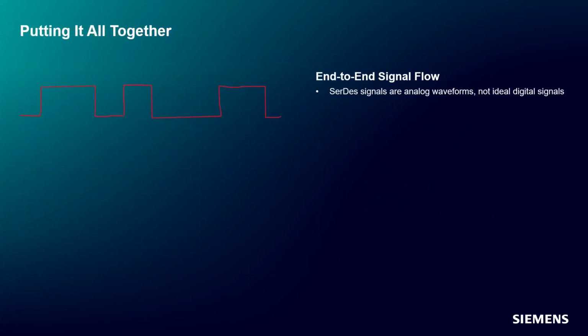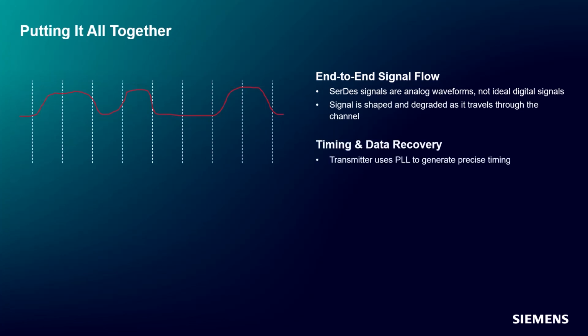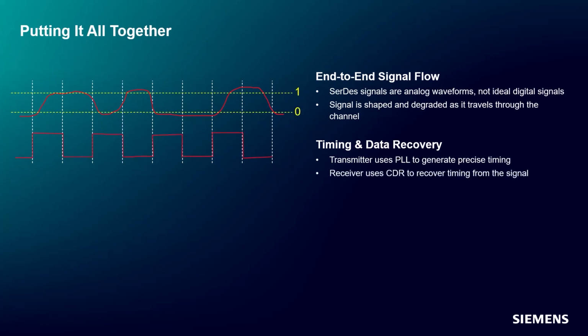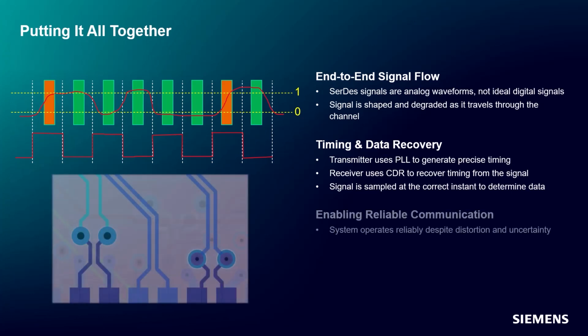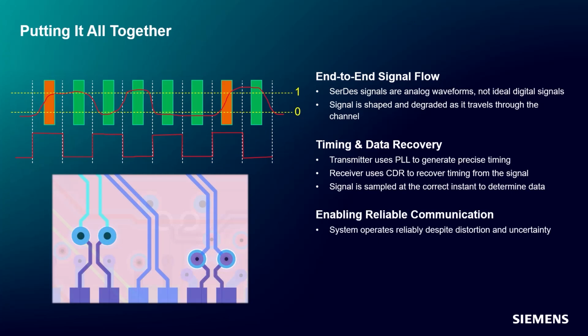Now let's bring these ideas together. A SerDes signal is not always a clean digital waveform. It is an analog signal that evolves over time and is affected by the channel. The transmitter uses a PLL to generate precise timing to launch data onto the channel. The receiver uses a CDR to recover that timing from the incoming signal. Once timing is recovered, the receiver samples the signal at the correct instant and determines the data values. And all of this occurs using differential signaling to improve